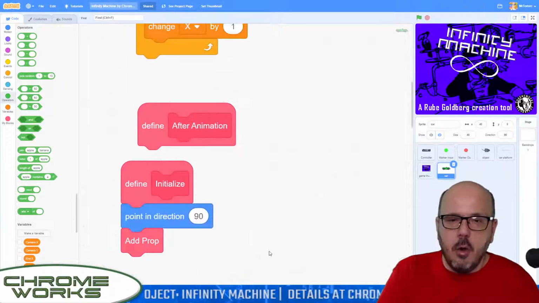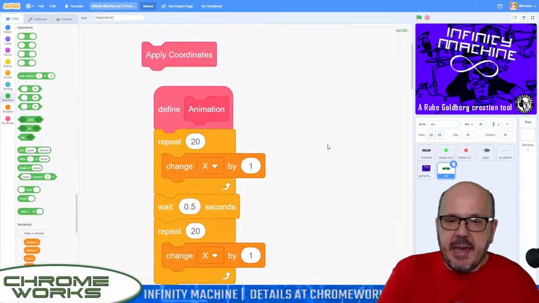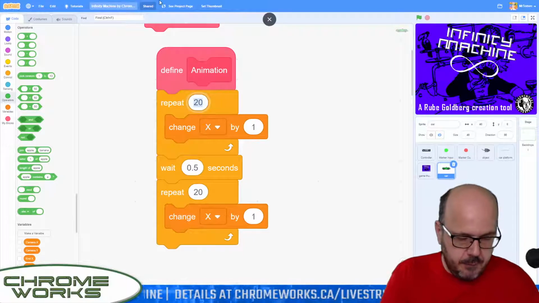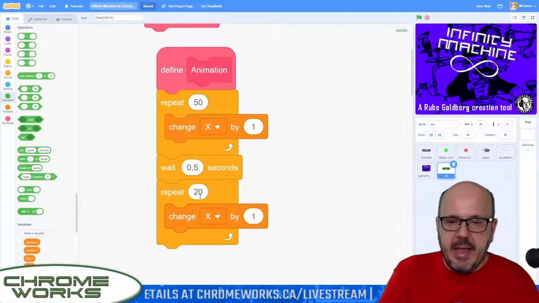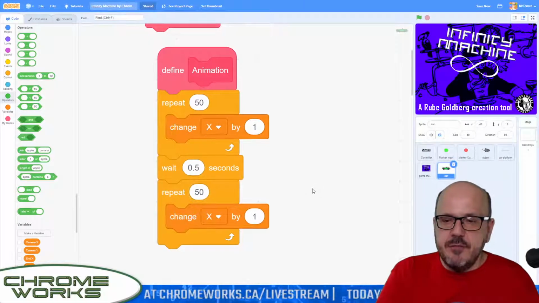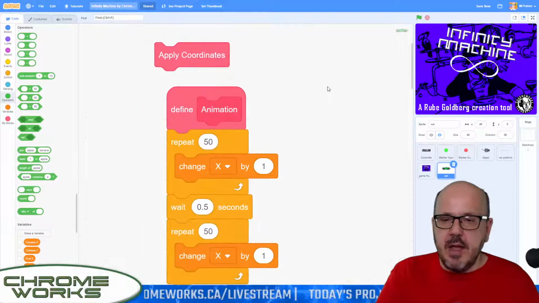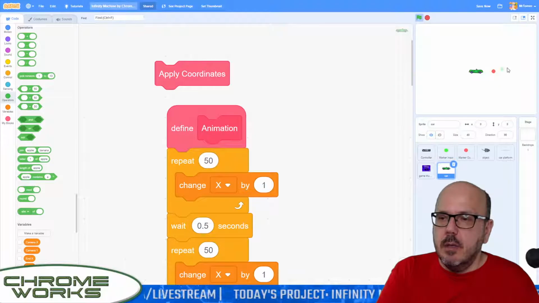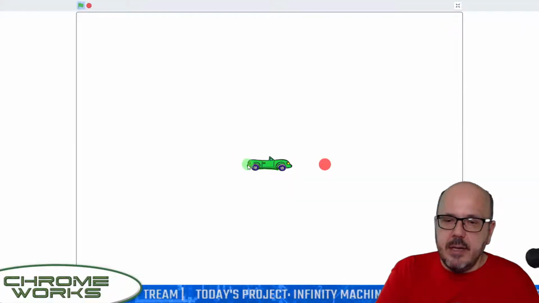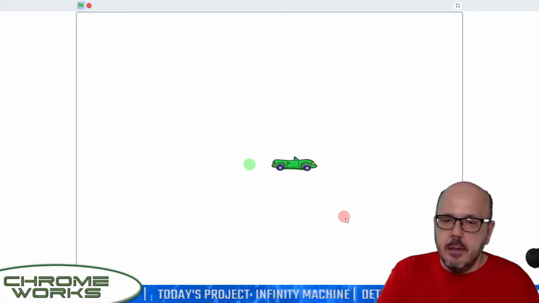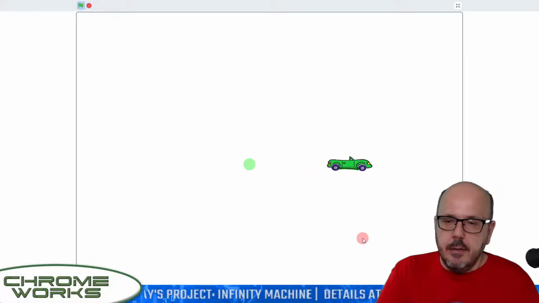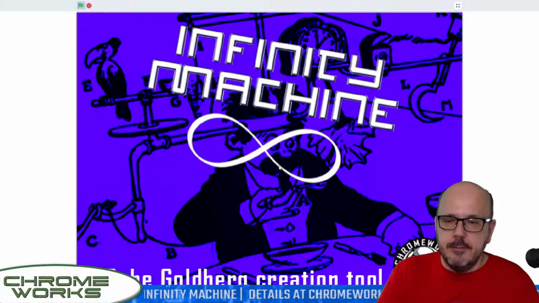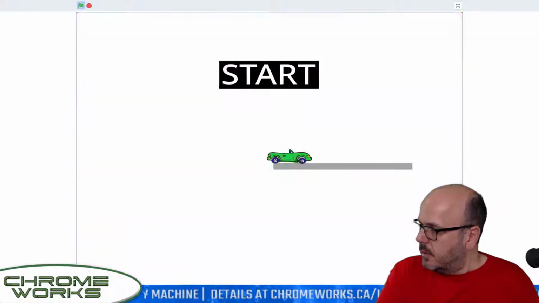So let's go back to the car code here. And we've got our animation defined here. So let's change the animation so that he drives a little further. Let's go 50 and 50 here. Now, because we've changed the movement of the object around, we're going to have to apply new coordinates. So let's click the green flag, click apply coordinates, and let's click on the beginning spot for our object. Then we'll click on the end spot for our object. There we go. And now when we run the project,